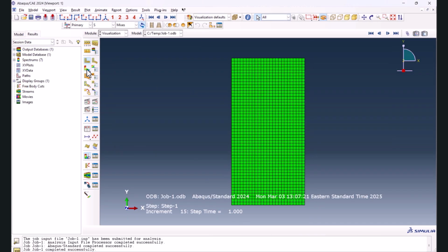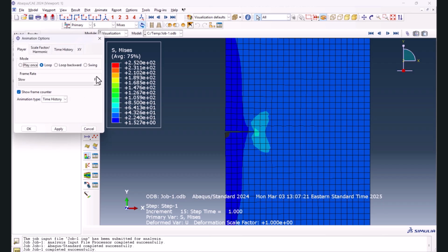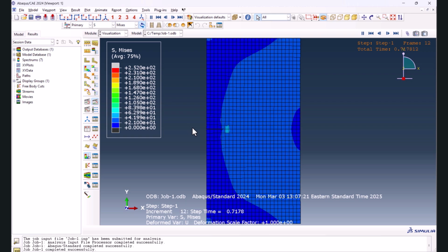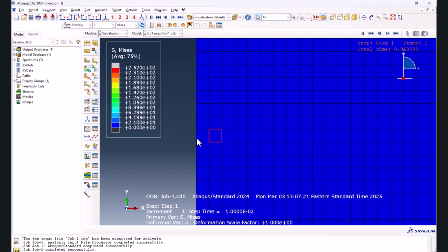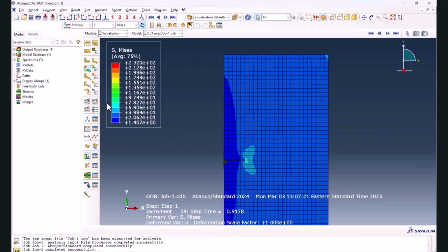Now let's go to the results. We click on this one. And yep, we see a crack opening here and grew through the material, and we can see the animation here, but I want to put it on slow. We can have the animation just right over here. We see a crack initiates and we have an opening here. If you have more displacement on the top, you would see the crack zip through the thickness, and we have two separated surfaces. Alright, I'd like to put this on the last increment, and other things we can have